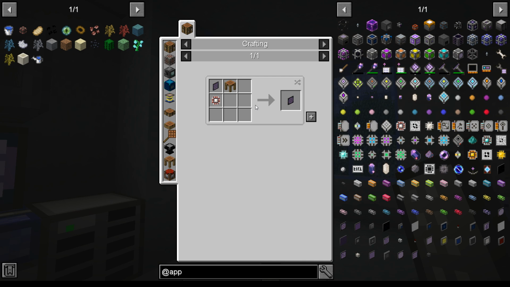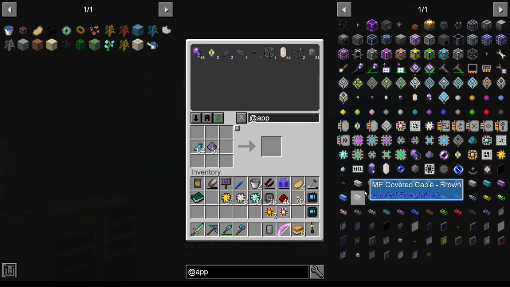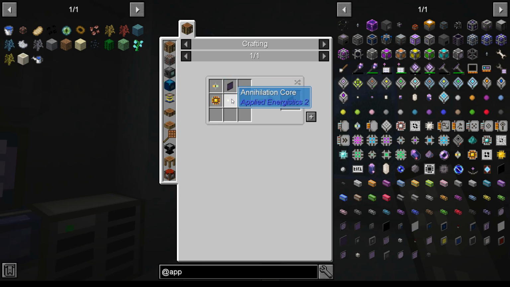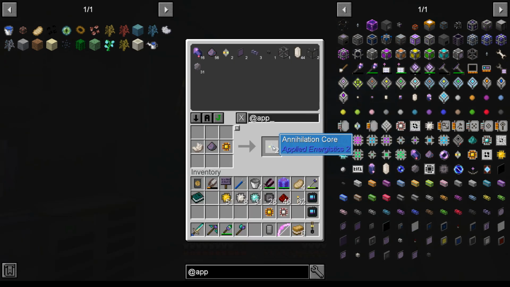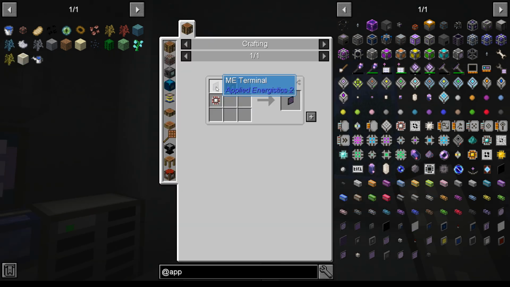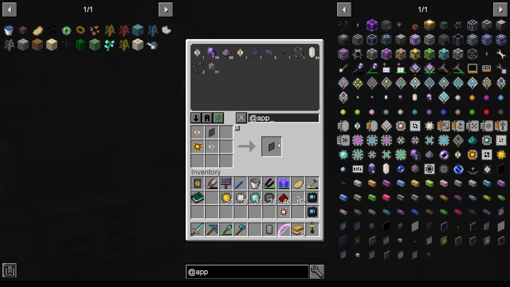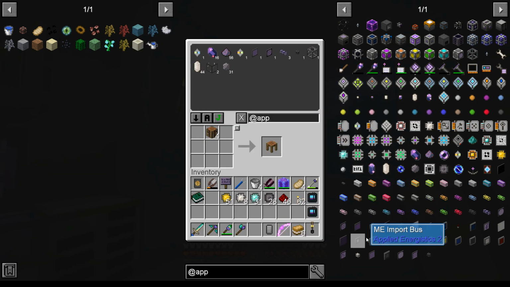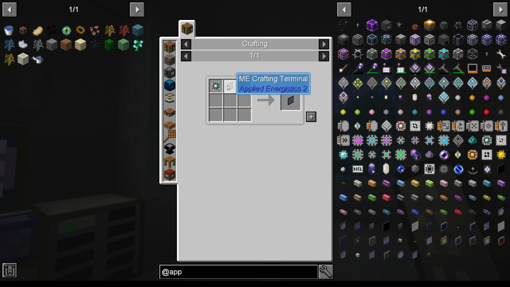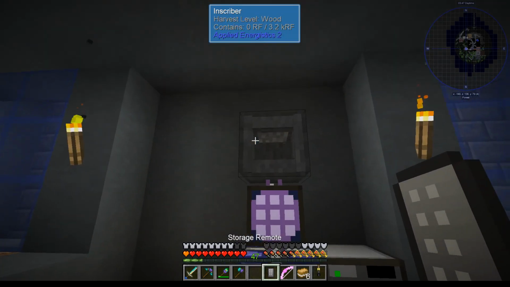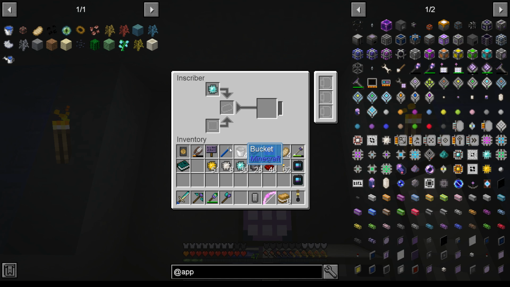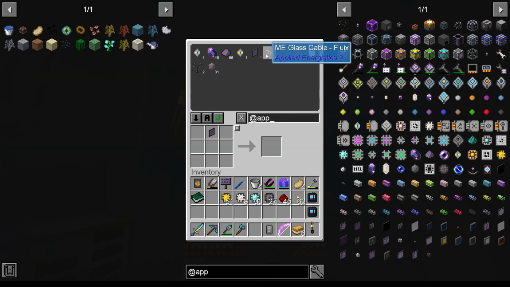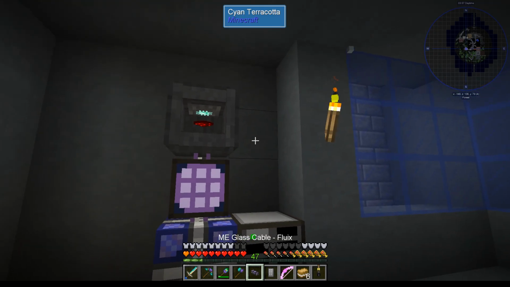I need to make a terminal, which requires me to make those. Yes. And it requires me to make those. And then that should allow me to make that, which should allow me to make that, which should almost allow me to make that. We just need to do one of them. This is complicated. I also need a bit of that cable, because you are just going to go there, and